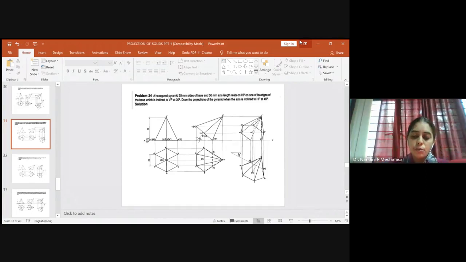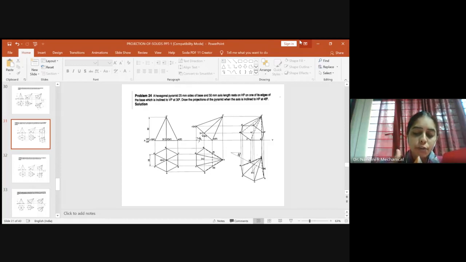So now you know that we will be having the horizontal plane and the vertical plane. So the given problem is told it is resting on one of its edge. So when it is told resting on one of its edge, you have to place one of the edges of the given solid towards your right. Okay, so any one edge of the given base hexagonal pyramid. So you just keep it towards your right.